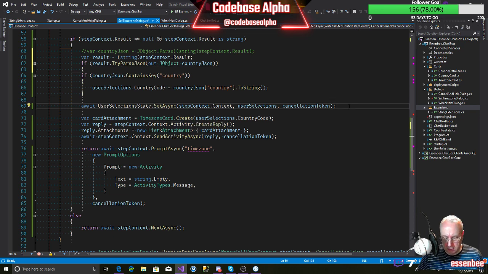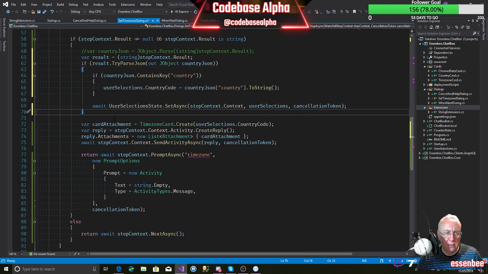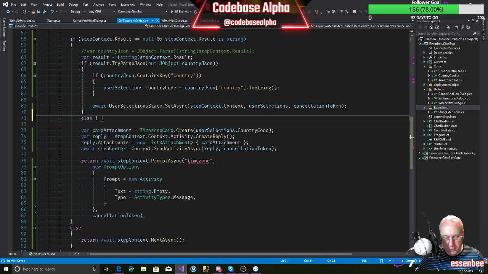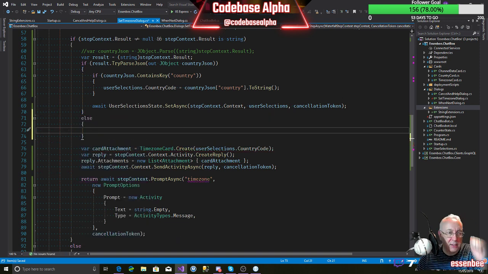Okay, well we'll just do that. So if that can be parsed as JSON, then we're going to have an else here to do something else with it. So let's just test that we can actually do what we want, and it's going to go through this TryParse. So we'll do a happy path.